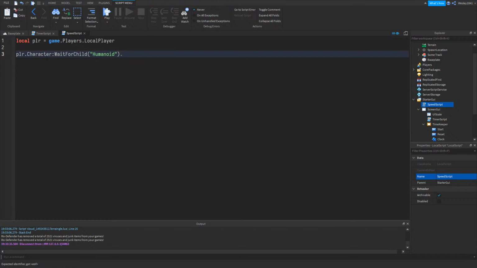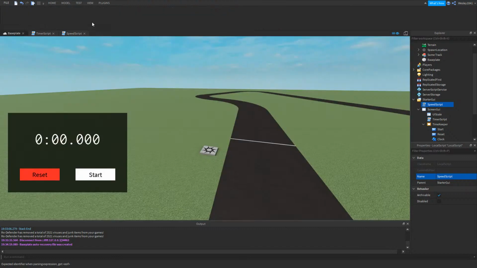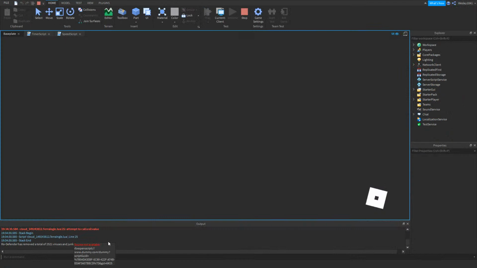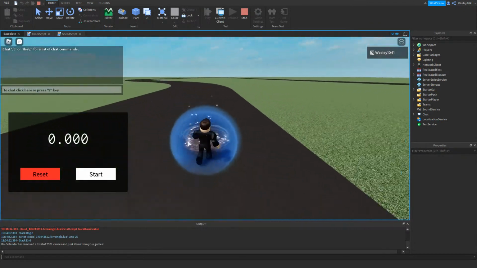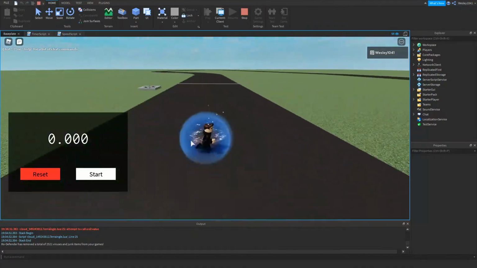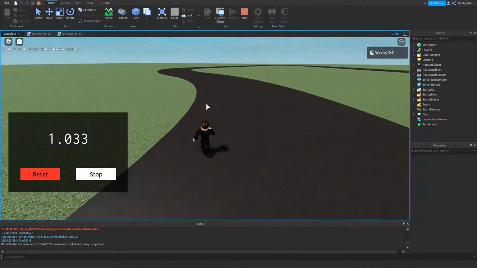So if humanoid hasn't loaded yet, it actually waits a little bit, because otherwise you may get an error if you don't write dot humanoid. So WaitForChild humanoid dot, I think WalkSpeed is the right property name. Let's do WalkSpeed 200. There we go. Now if we run, then our really short speed script should work. There we go. Now we can walk fast, and now we can actually use our timer here to keep track